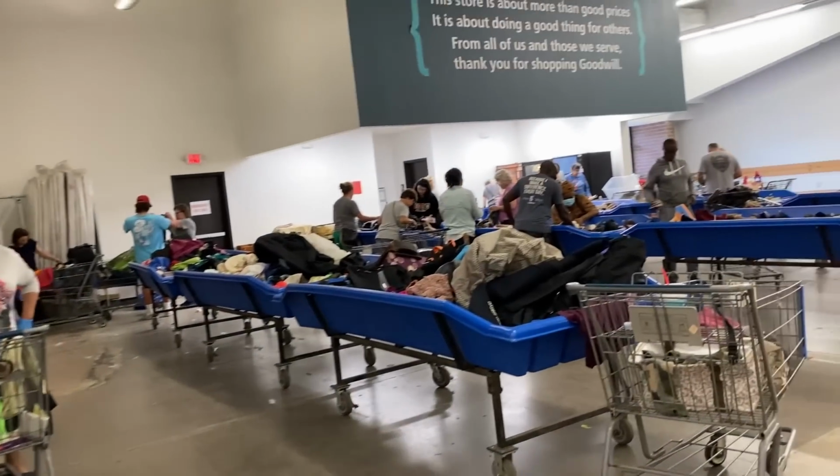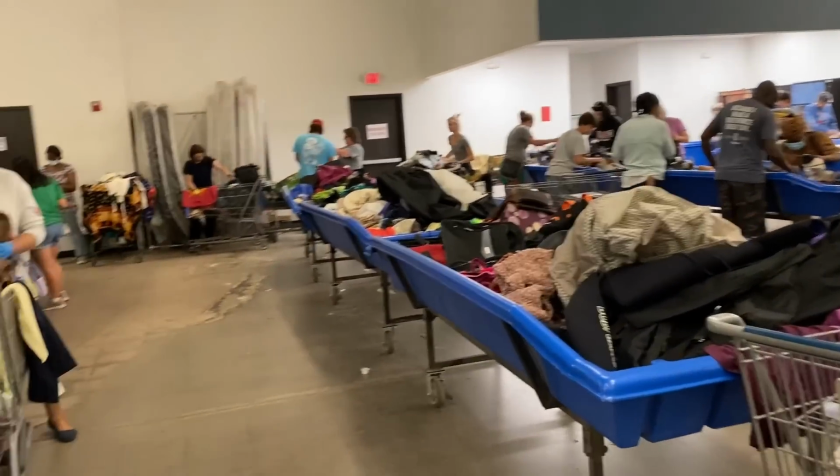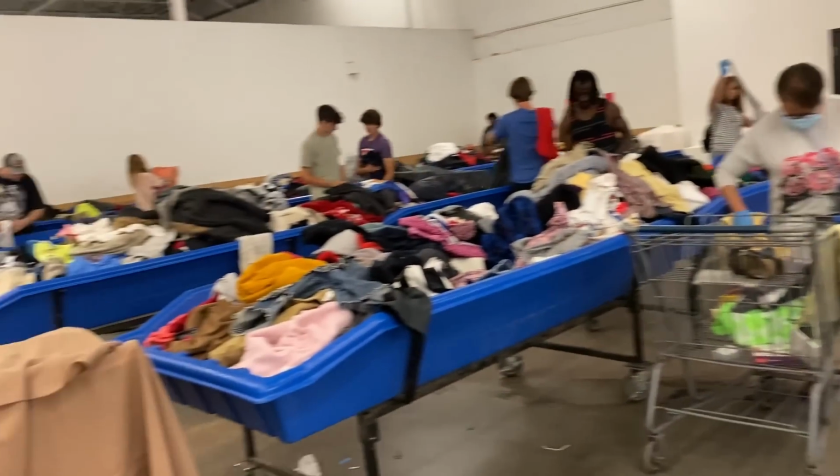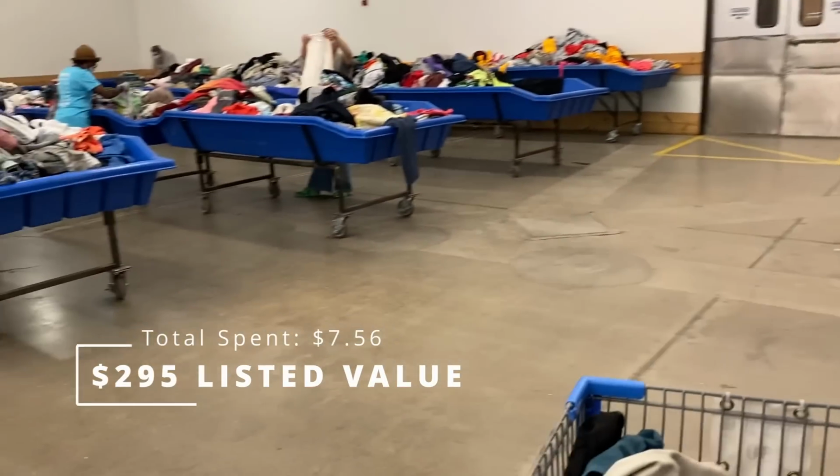So I made it a very quick trip here. I only ended up spending $7.56, but on just those bolos alone, I stand to make, well, not make, but my listed value is going to be